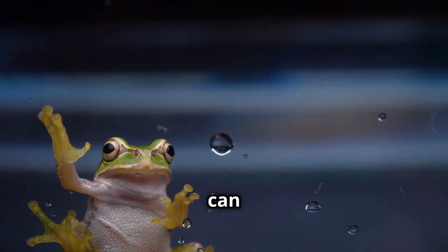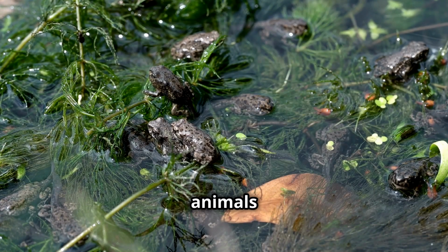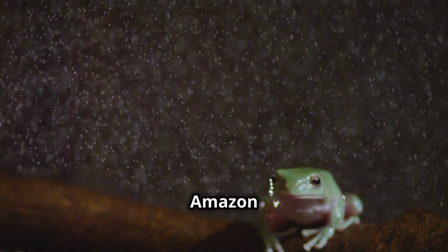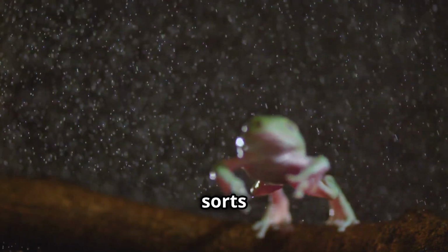Imagine a creature that can jump 20 times its own height. That's like you jumping over a house. These amazing animals are frogs, and they're found all over the world. From the rainforests of the Amazon to the deserts of Australia, frogs have adapted to live in all sorts of